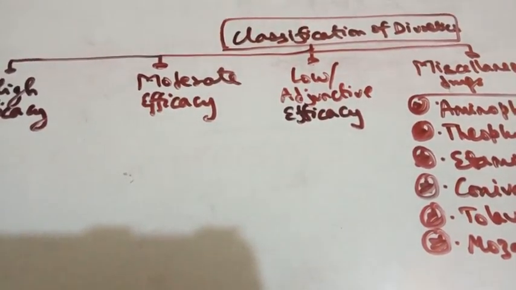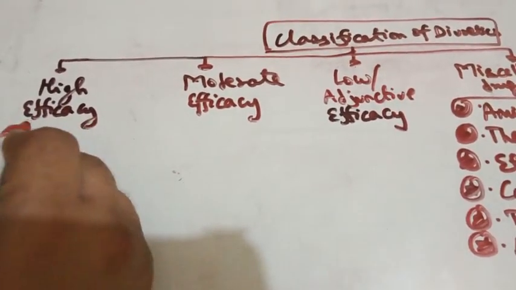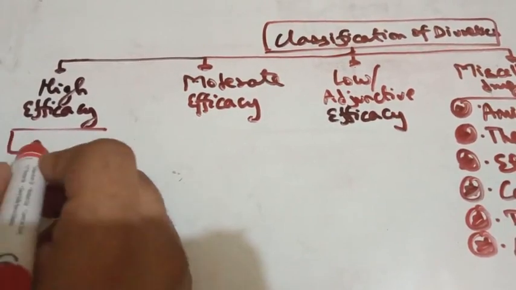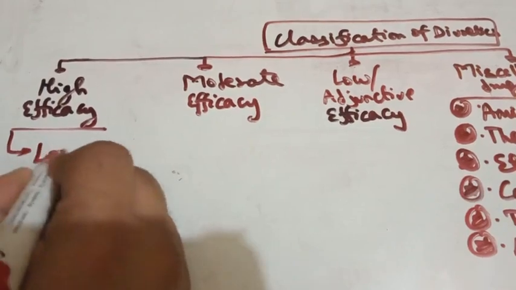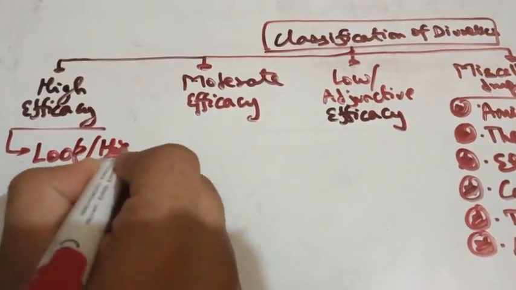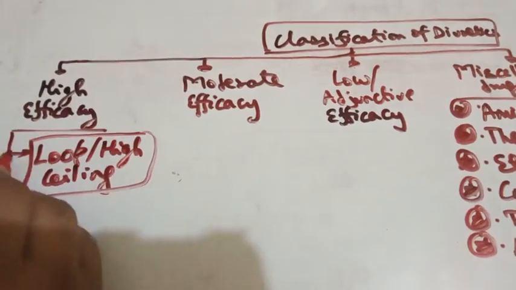So now we'll start with the high efficacy diuretics. High efficacy is further divided into two subclasses. These are called loop or high ceiling diuretics. This is the first class, and the second class is called